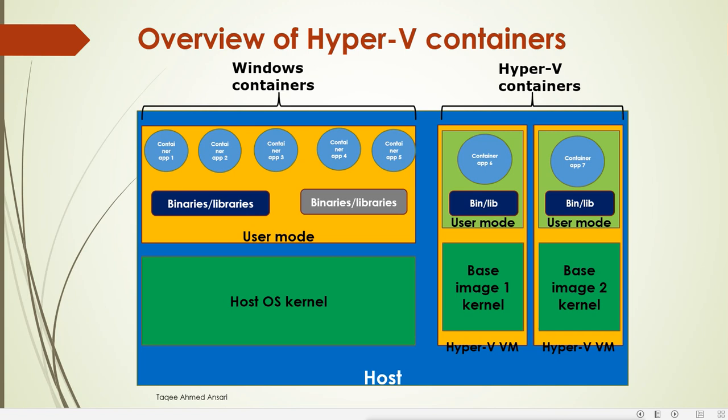So these containers, which are installed on virtual machines, will be totally separated. They will use different binaries and libraries, a different OS level and kernel level, and also different virtualized hardware. So by using Hyper-V containers, it actually separates the containers from each other. We can say complete separation. But where we install the containers directly, they will remain connected because they are using the same binaries and libraries.